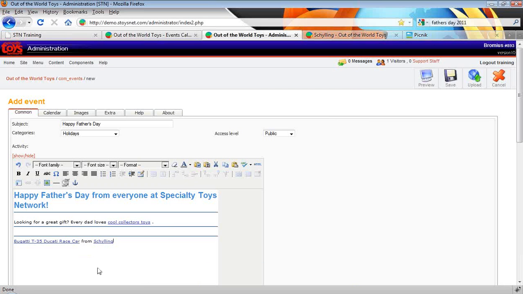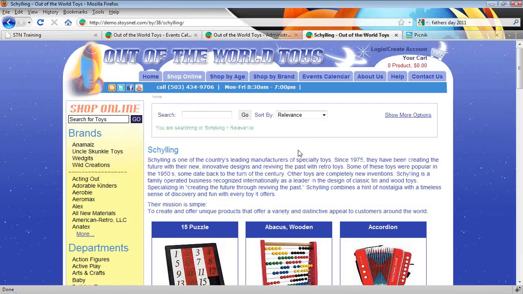The only thing left I have to do is put an image to spice it up a little bit. So I want the image to go right in this area here. And since I'm promoting this toy a lot, I'm going to use a product picture of that toy. So let's go back here on the front end